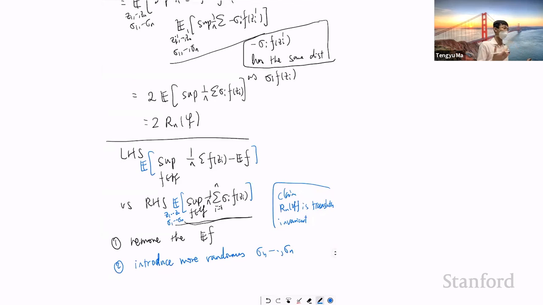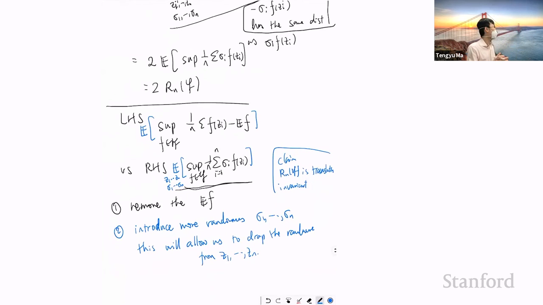So we will introduce additional randomness, and this will allow us to drop the randomness from z1 up to zn. This will be something we'll see, I guess, probably in the next lecture. So eventually you don't have to take expectation over z1 up to zn, you can claim with high probability. So the right-hand side wouldn't have z1 up to zn. You don't need to take expectation over z1 up to zn, and the only randomness comes from the sigma i's,